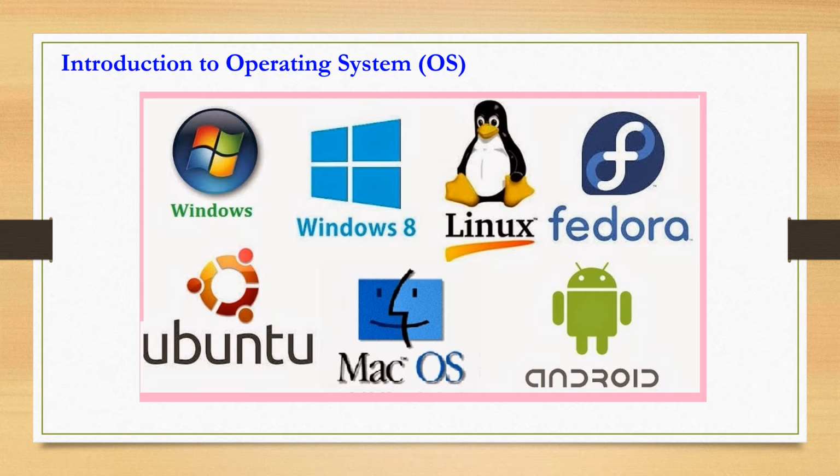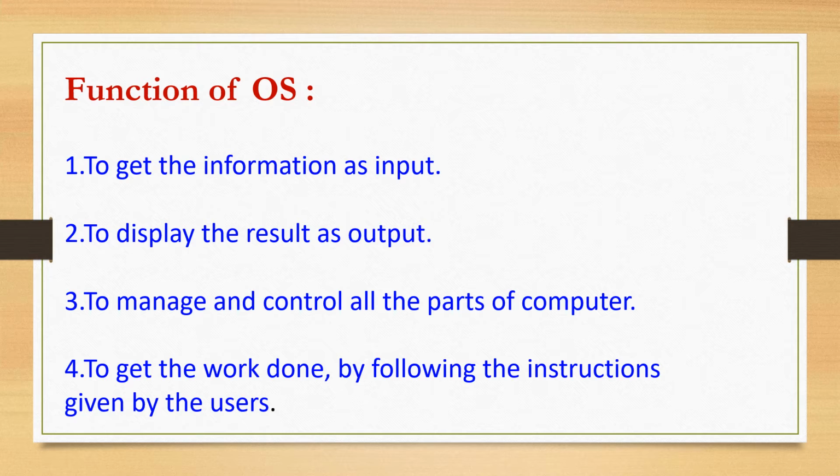So today we are going to see what an operating system is and what the functions of operating systems are. You must have understood that an operating system is nothing but software which makes a computer or laptop system work or run. Here we know Windows very well, which is familiar to all of us. So let's understand the functions of operating system.